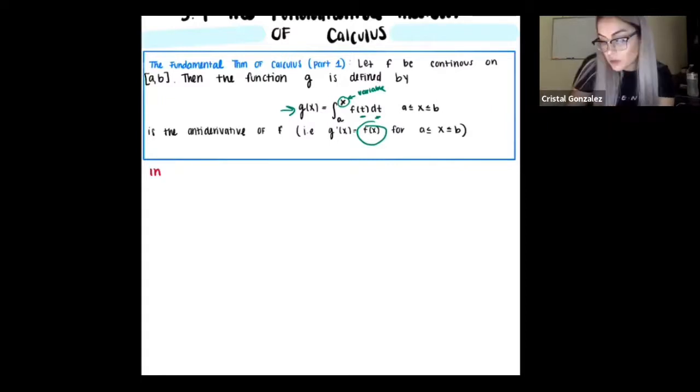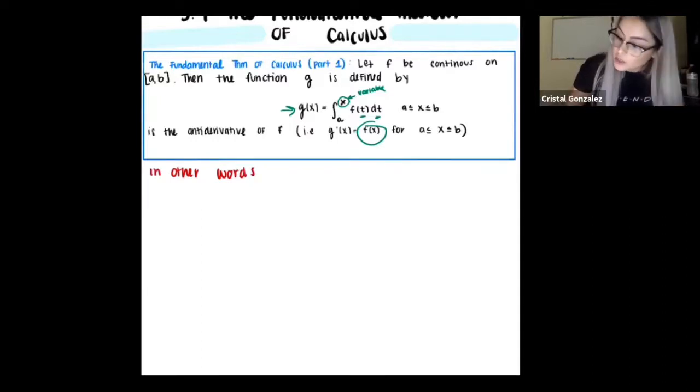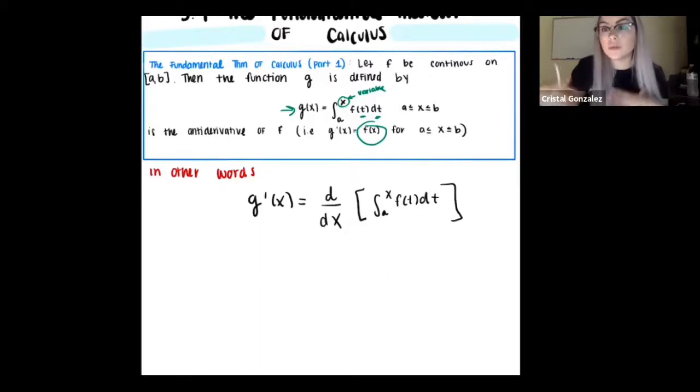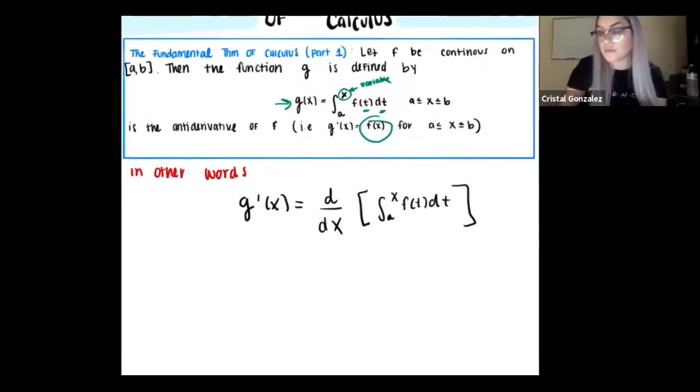So in other words, we will have that g prime of x is equal to the derivative with respect to x of the integral from a to x of f of t dt. And then if you take the derivative of this, you're going to get f of x, which is just this function here with the variable x in it. Now,